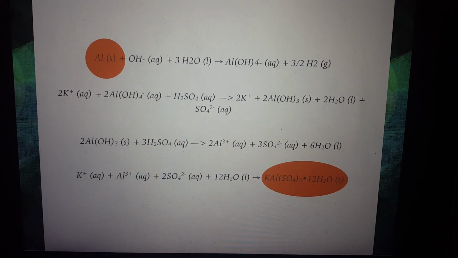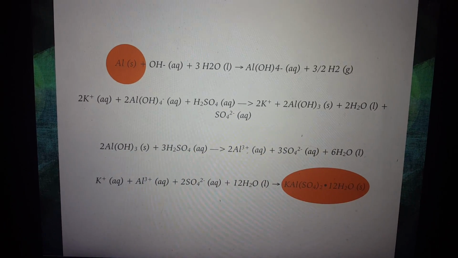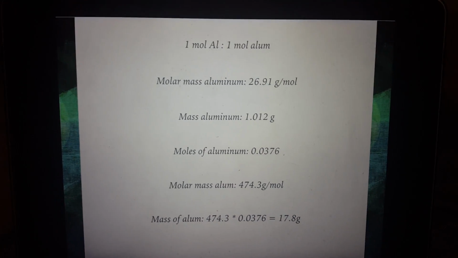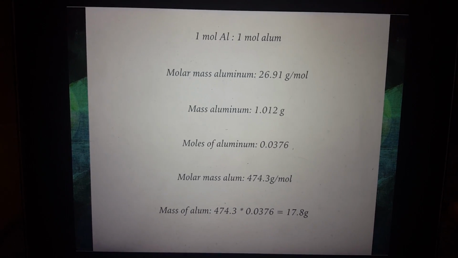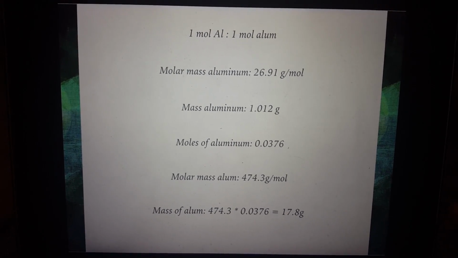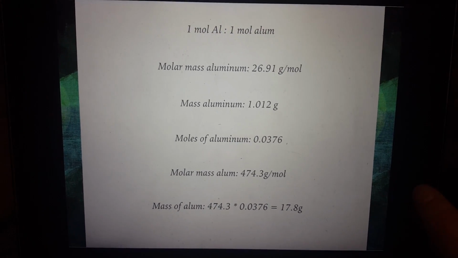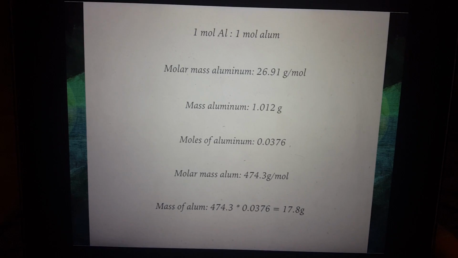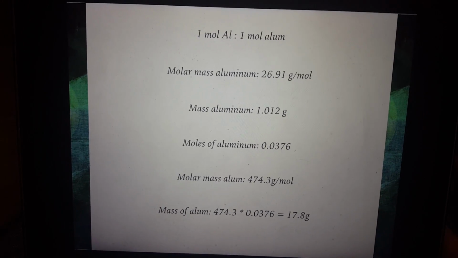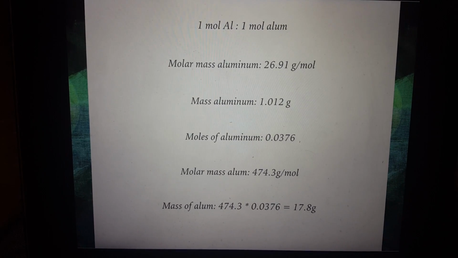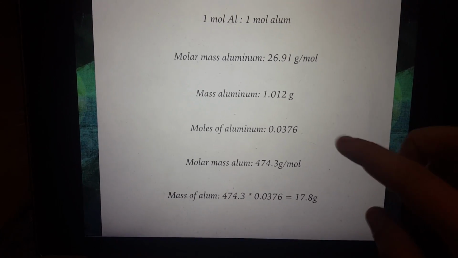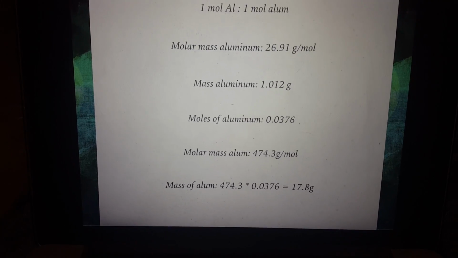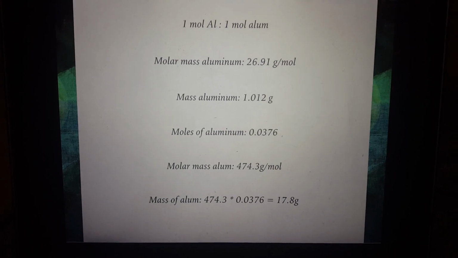So to calculate the mass of the theoretical yield of alum, there are a couple of steps that need to be taken. First, it's important to keep in mind that there's 1 mole of aluminum per mole of alum. And to calculate the moles of aluminum, you just divide the actual mass of the aluminum, which was taken in the lab with a scale, by the molar mass of the aluminum, and you get a total of 0.0376 moles. If you multiply that by the molar mass of the alum, you get 17.8 grams, which is the theoretical mass of the alum that should be